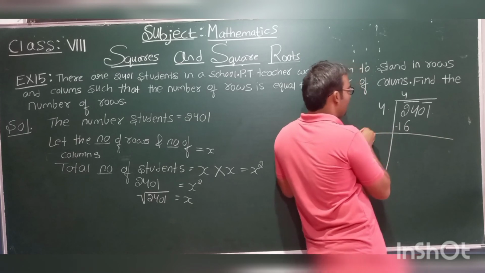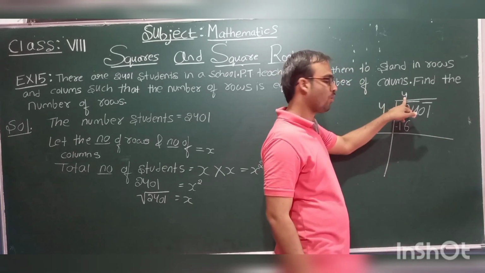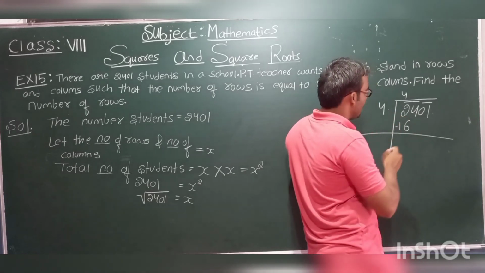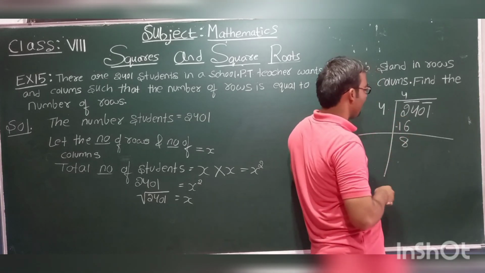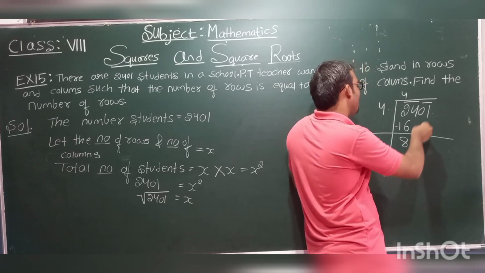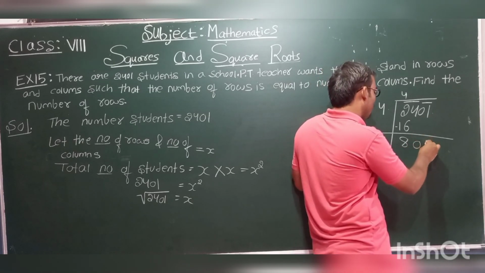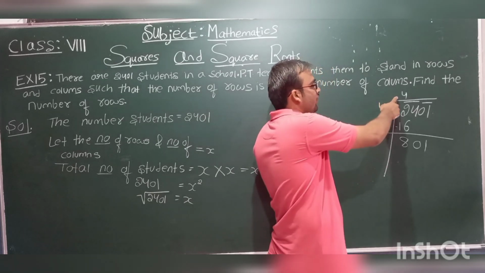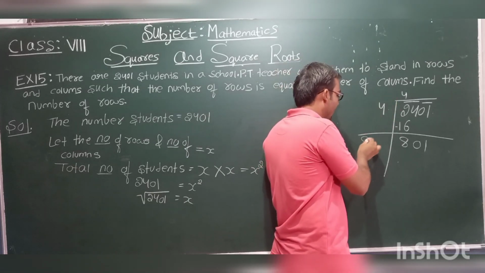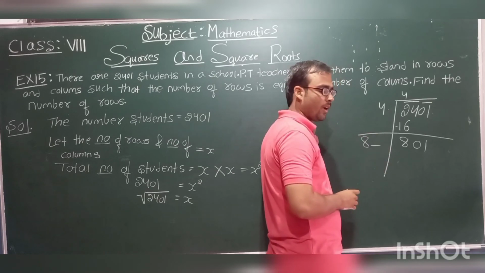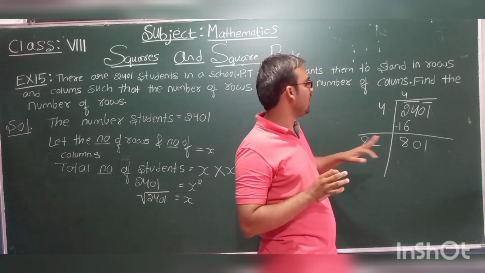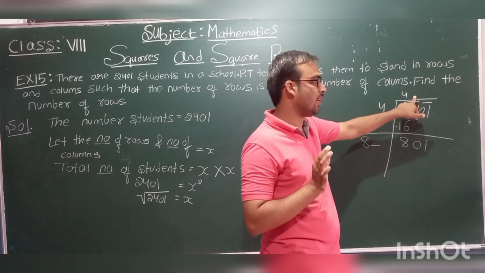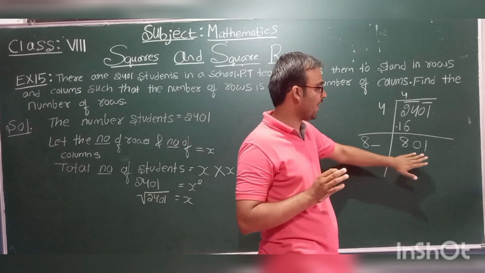Whatever number we are taking, that number will be the quotient. So 24 minus 16 is what, students? 8. Now bring down these two numbers, that is 01. Now what is the next step? What is the quotient? 4, no? So we need to double the quotient, that is 8, and put a blank. Now we need to fill this blank with a number such that the product of this one and the new digit in the quotient must be equal to or less than 801.